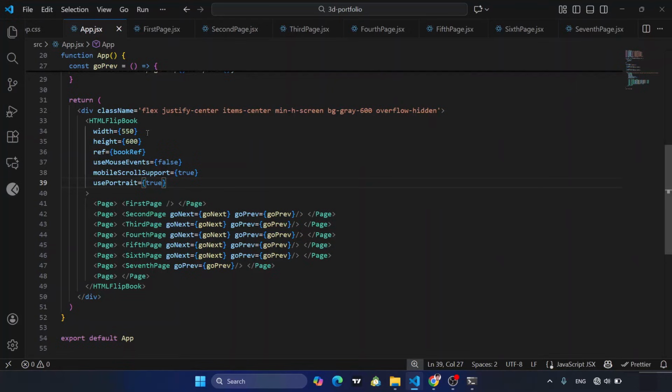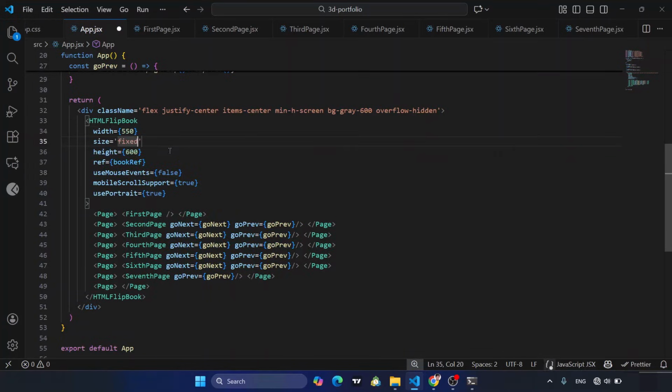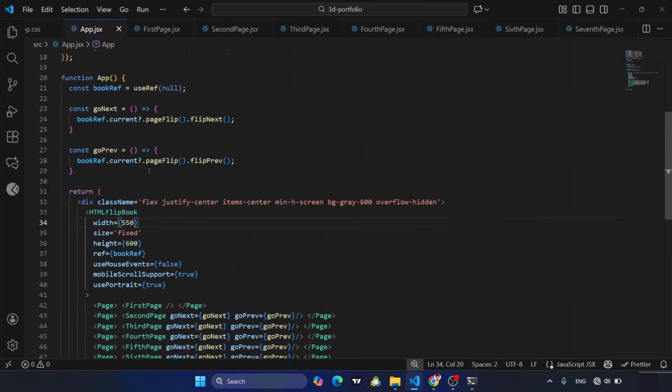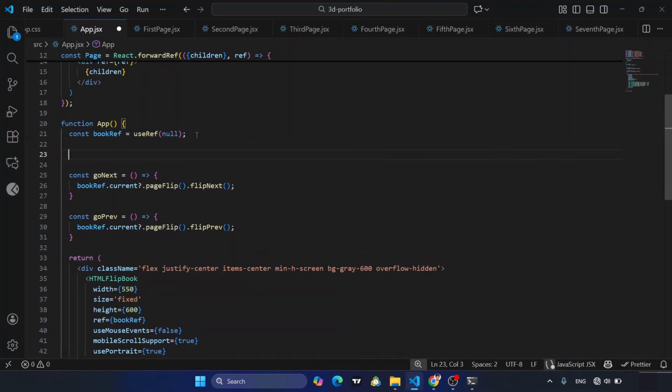Now let's adjust this size. For mobile devices, we will not use the same size as we used for larger screens. So first of all, let's add the size property, which is fixed. And the second thing is we will make it dynamic. This width should be dynamic. So to make this width dynamic, let's first of all add a value const